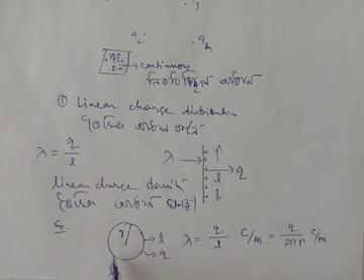Let us consider a circular ring of radius r where charge q is uniformly distributed along the line. If l is the length, then what is linear charge density? That is given by q by l and the SI unit is coulomb per meter. What is the circumference of the circle? That is given by twice pi r, already you know. So lambda is equal to q by twice pi r coulomb per meter.